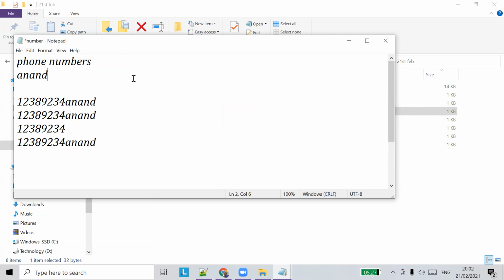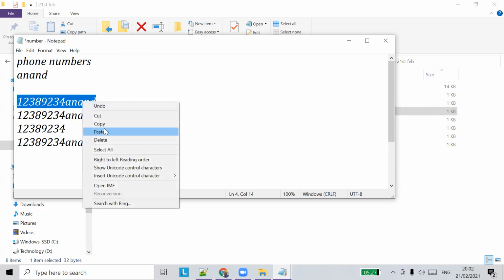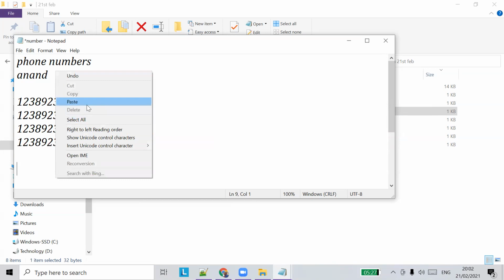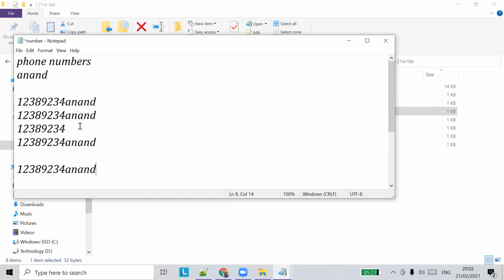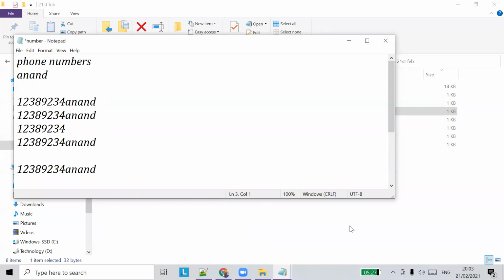When you do left click, nothing will happen. But when you do right click, all these menus will open. This is also a shortcut. You don't have to go to the toolbar to access these. You can just copy it from here and right click and paste it. So this is another option. We can do cut, copy, paste from multiple places. We can do it from the toolbar menu, you can use the shortcuts, or you use the shortcut menu. This is called a shortcut menu.